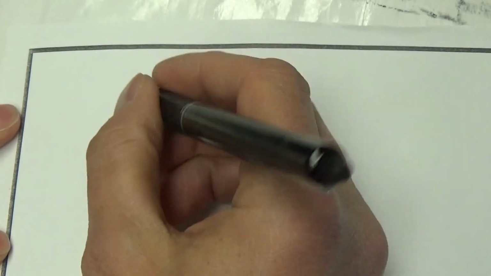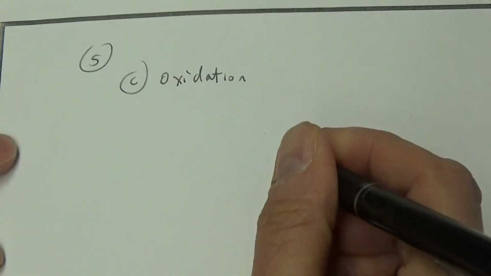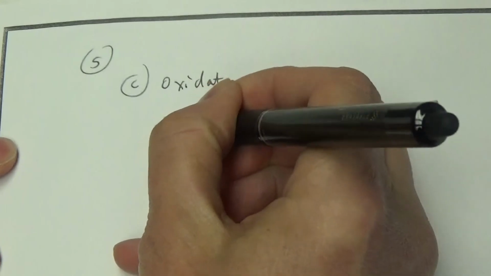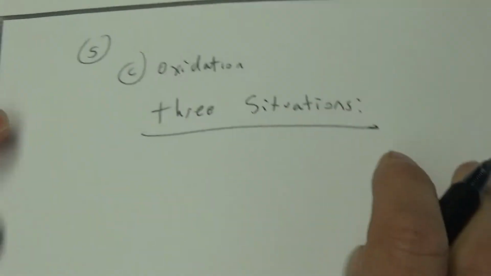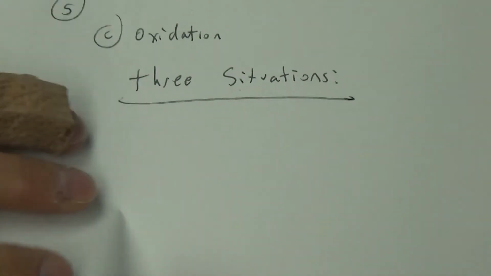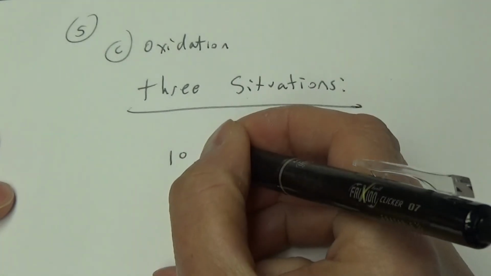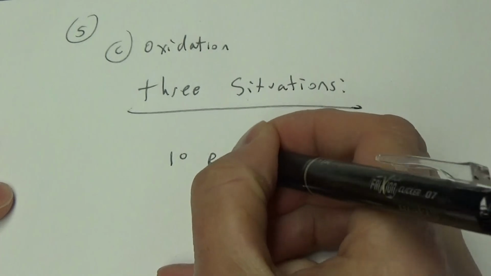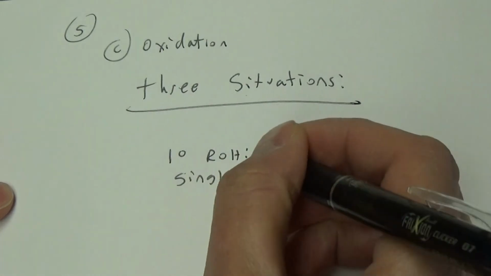So I'm going to just show the 3 basic situations, then we'll be done for this lecture. We're still on 5C, so this is about oxidation. There are 3 situations, and we'll go through the mechanisms and everything next time. There are 3 situations you should be aware of. If you have a primary alcohol, you can do a single oxidation,